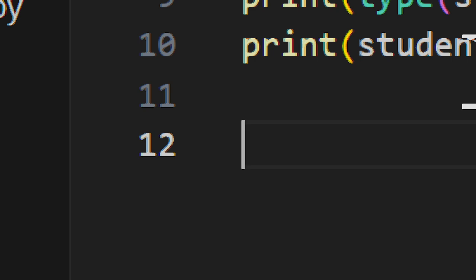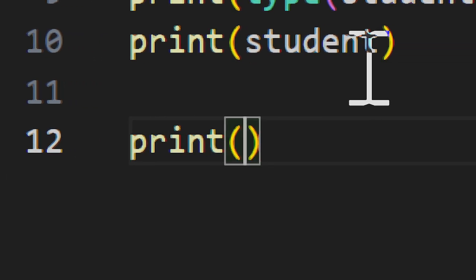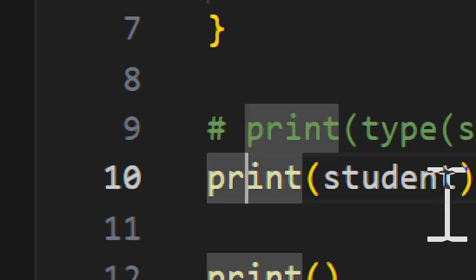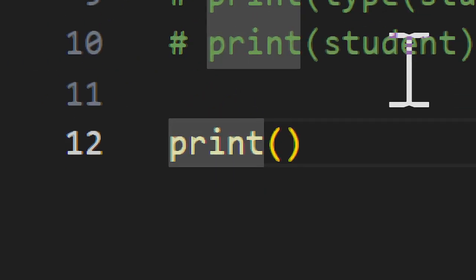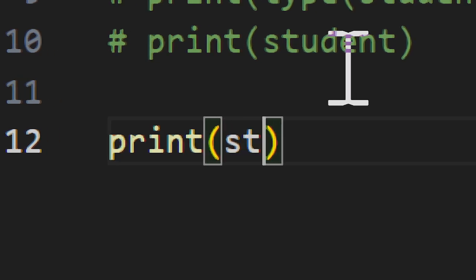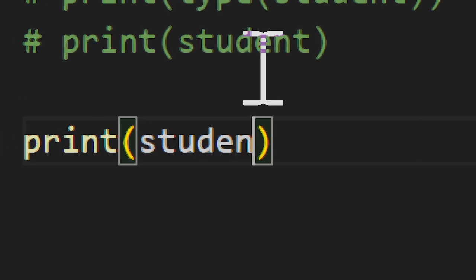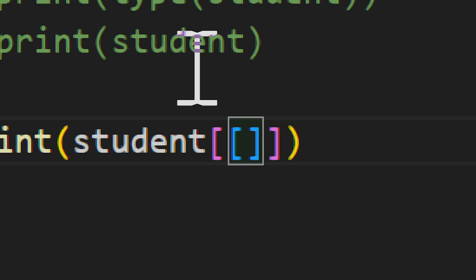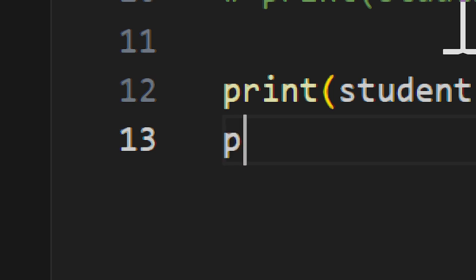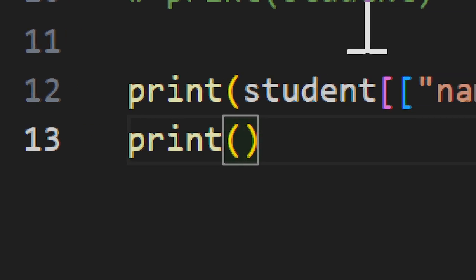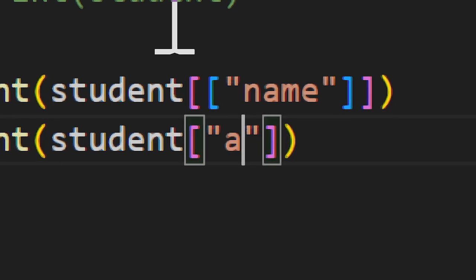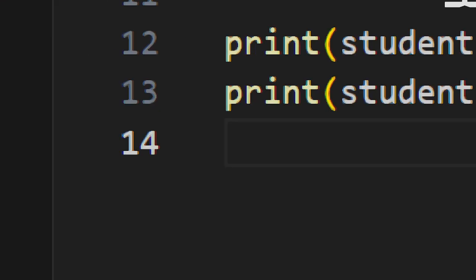That means print left parenthesis, student, left bracket, quote, name. Then print student, left bracket, quote, age.